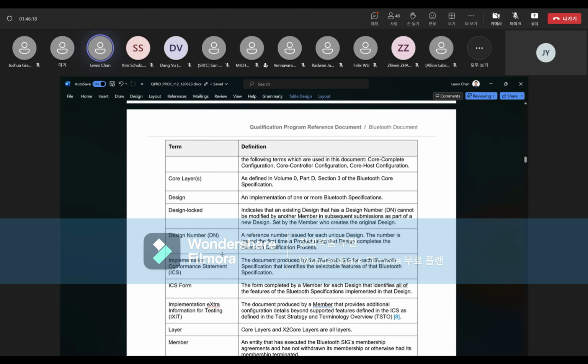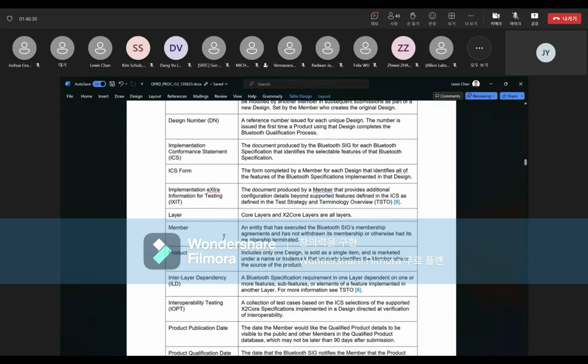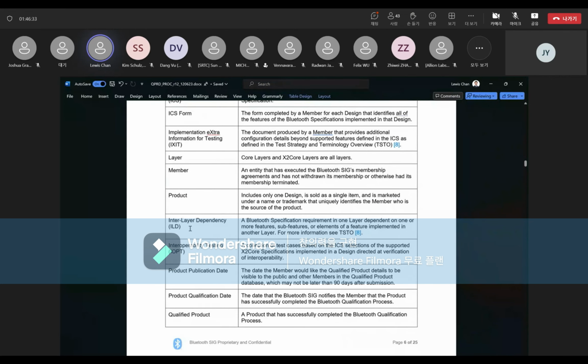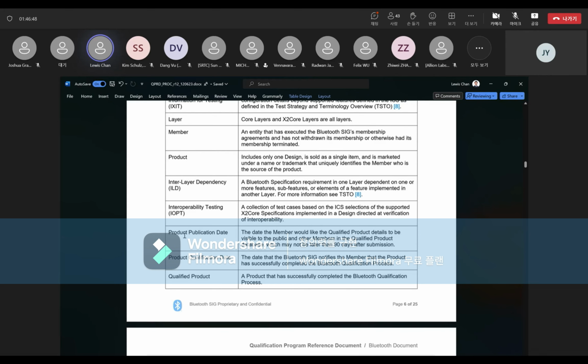Then we talk about design, DN, design number. We talk about this new number that replaces the QDID. We introduced something, not a new term, we've been using it. It's called interlayer dependency. But we just want to make sure we provide some definition here so members can understand. And then the dates. We simplified the dates right now. I think right now you have listing date, published date, submission date, approval date, yada